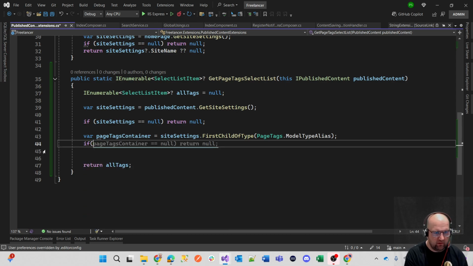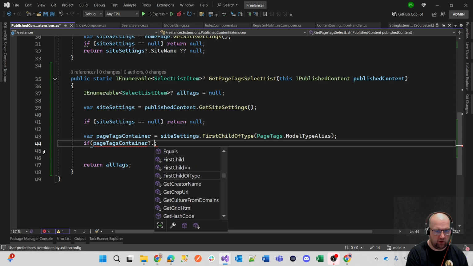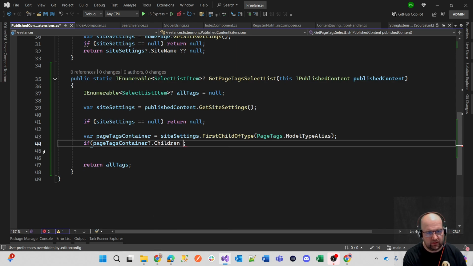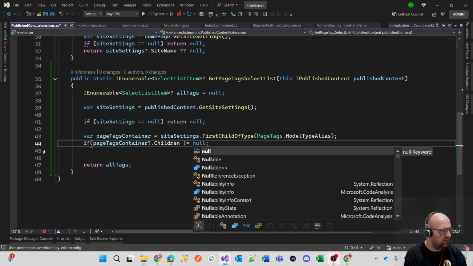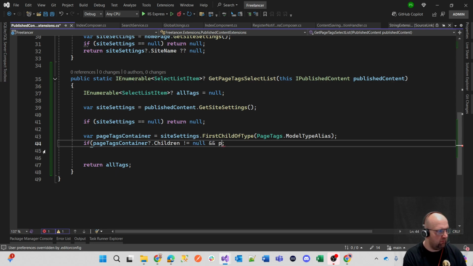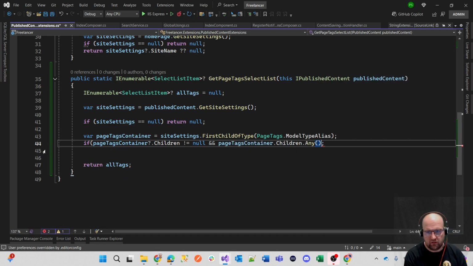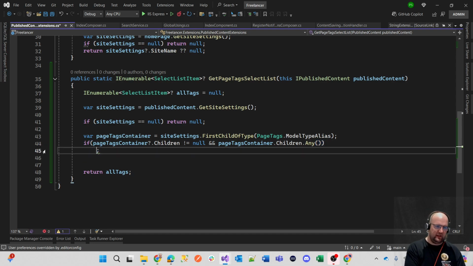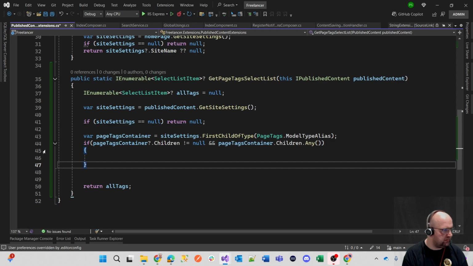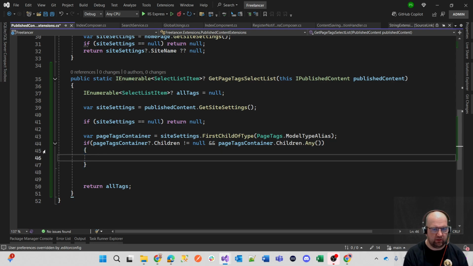And then from there, when we've got the container, we just do an if page tags container. We don't want that yet. We do question mark dot children is not equal to null, and page tags container dot children dot any. Some people say that that's not efficient anymore. I'm not sure. That's a common pattern that I've followed, and I'm going to stick with it. So now we're saying that the folder of page tags, does that folder exist,